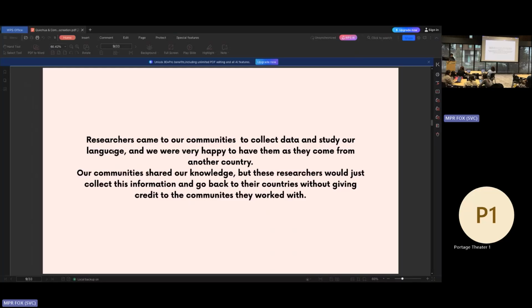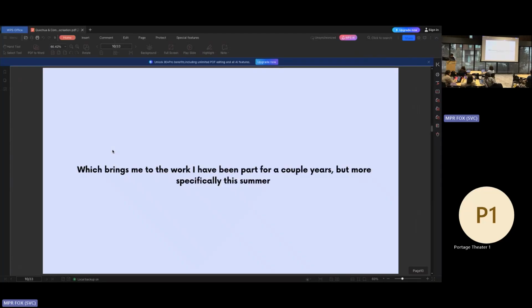So one of the reasons that I came back to Peru this summer is to be able to center this work, to focus on something that is more community-centered, community-led. I think one of the most important things when we conduct research, when we conduct any sort of project that relates to data and involves people, is that we are able to give credit to all the people that were part of this work, or the projects that we conduct.